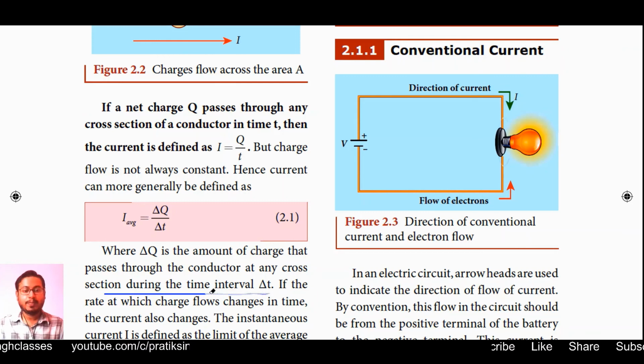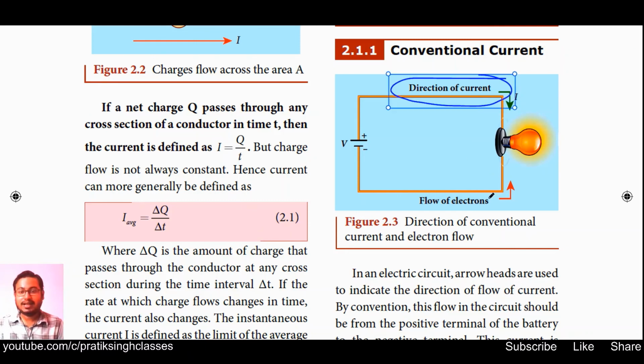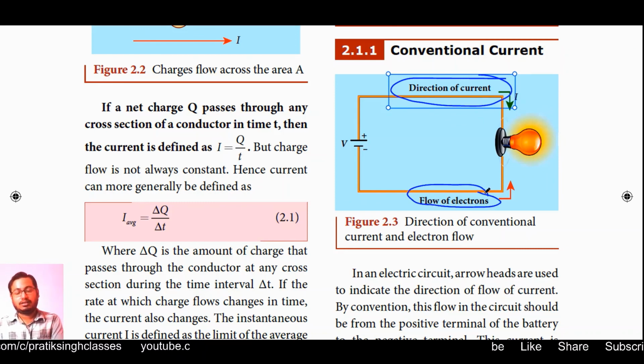One thing I shared today a few moments earlier is that when current passes and when charge passes, the directions are taken opposite. What does that really mean? Have I said it wrong, or have you listened wrong? We will study that there. You can see here the direction of current and the direction of flow of electrons. So obviously I am right. How does it happen, why does it happen, we will see in our next video.